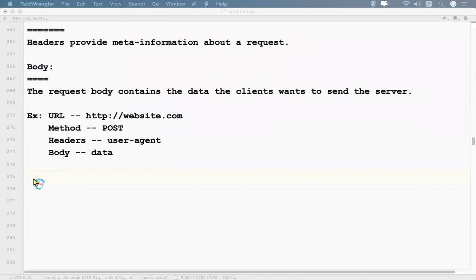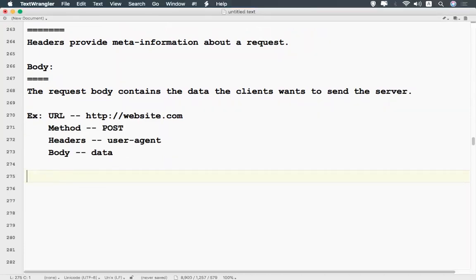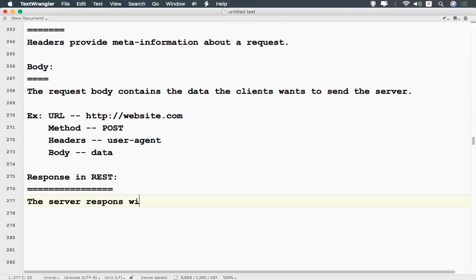So the same way, we'll talk about the response. The server responds with a status code, right? Normally we'll talk about the status codes in the next video.